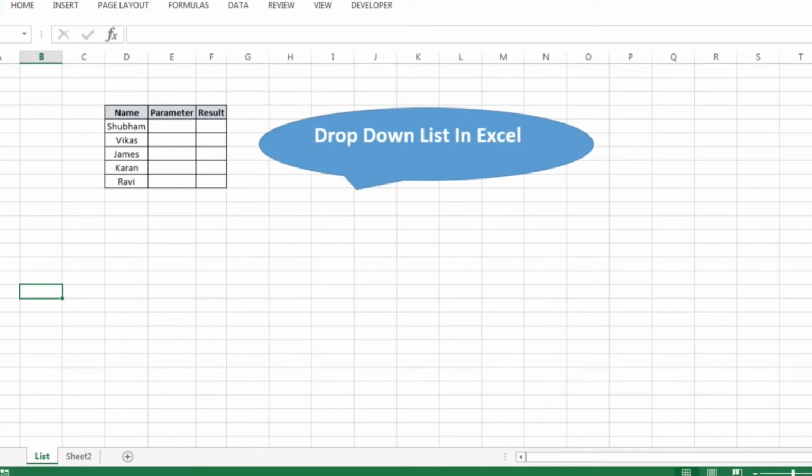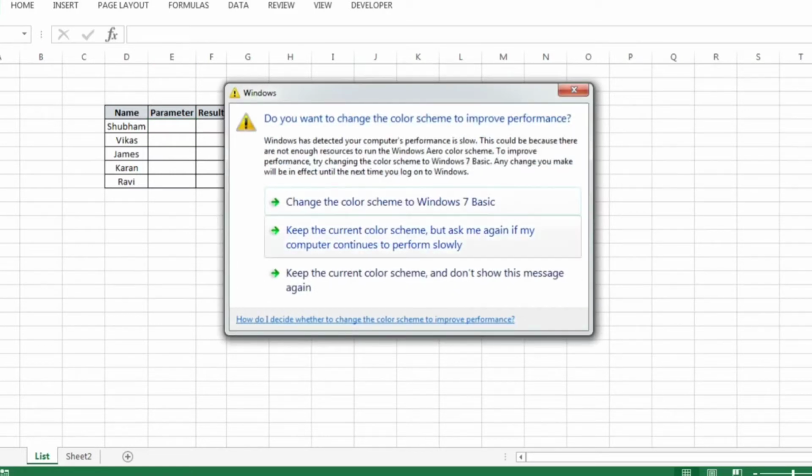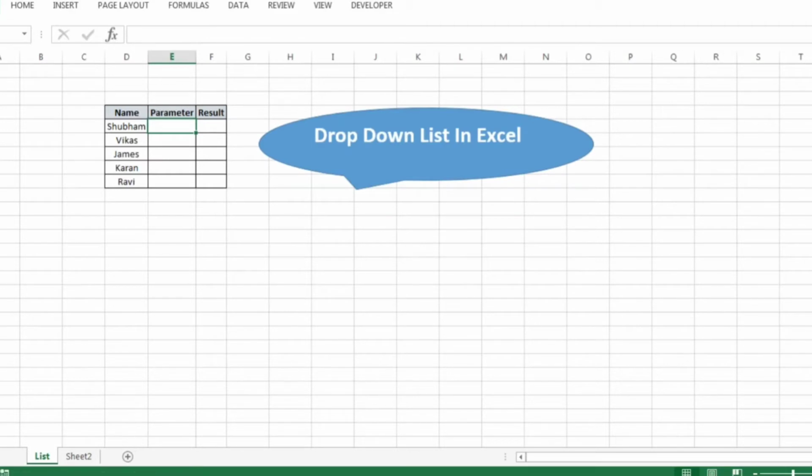Okay guys, so today's topic we will cover how we can use a drop down list in Excel. So I want to keep a drop down list here and here. So guys, why do we need to use this drop down list? For example, if you are doing audits, or while we are working with any part of the Excel wherein we require a select box, then we will be using a drop down, and every time we will not type in, we will directly just select from the drop down and we will get our answers.